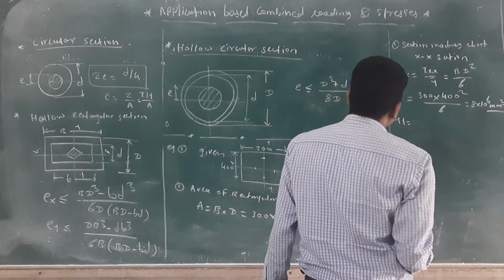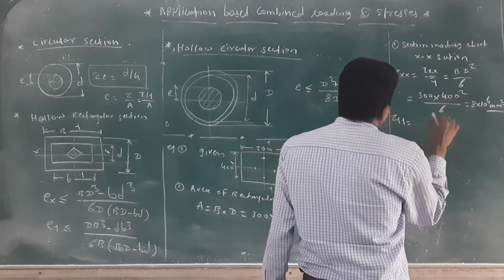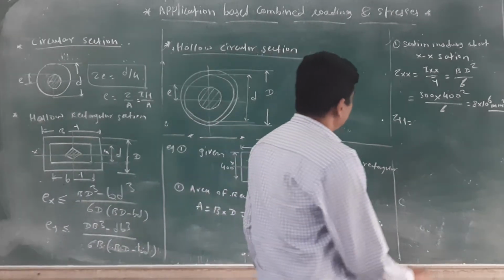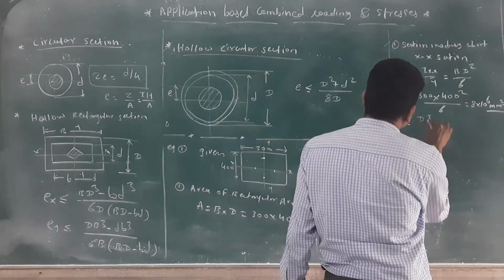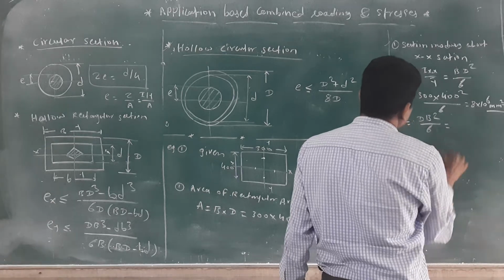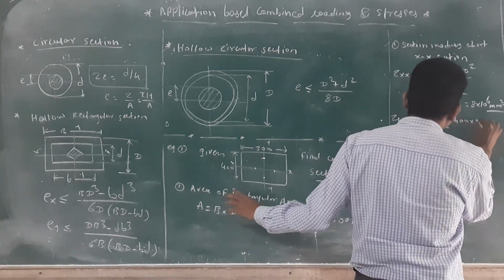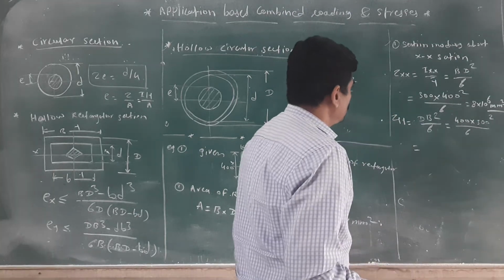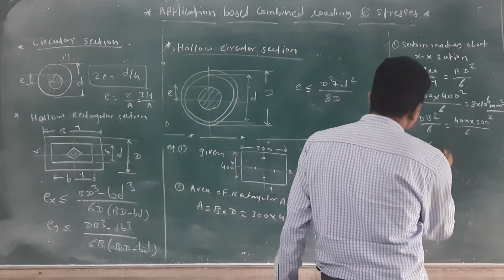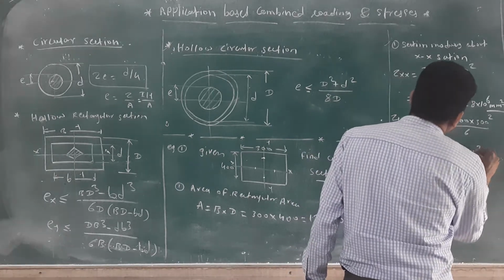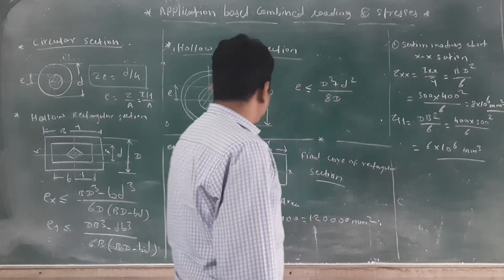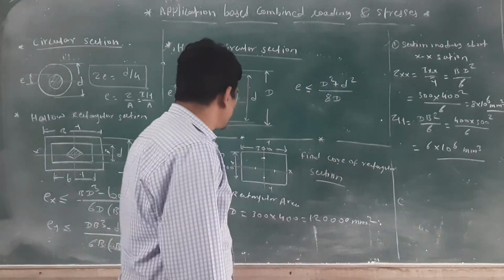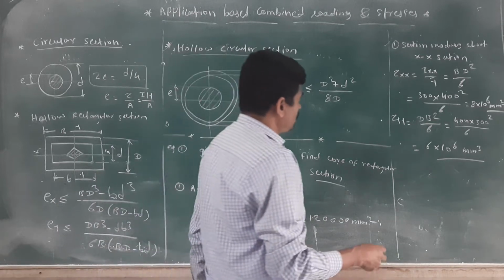In a similar way, we want to calculate the section modulus about the yy axis. You know the formula. This b is replaced by the d. Then you will get db square divided by 6. If you put d is 400 and b is 300 square, divided by 6, you will get the value 6 into 10 raised to 6. What is the unit? Again, mm cube. Once you have got the Zxx and Zyy values, then easily you can calculate the